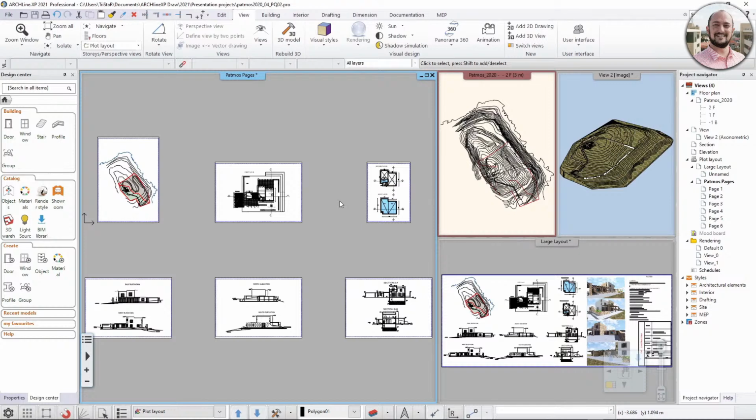And as you can see, those pages have different orientation, different paper size, and I would like to assemble as fast as possible a multi-page PDF at the end, so I can send it over to my clients or to the authorities. Now here at the right hand side, you can also tell that you have 2 different plot